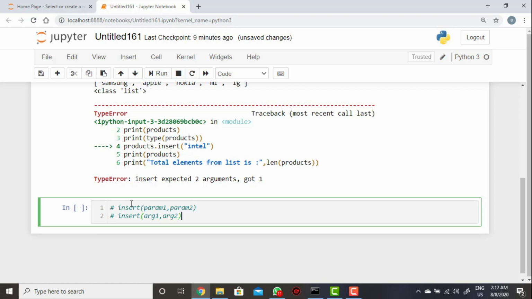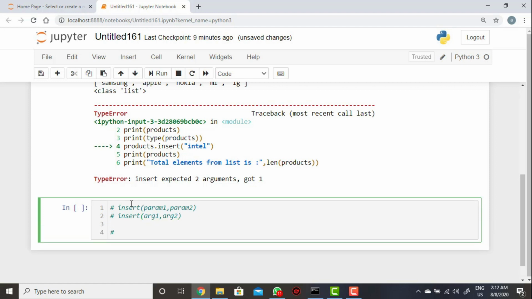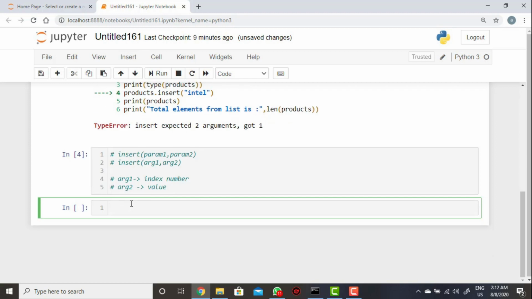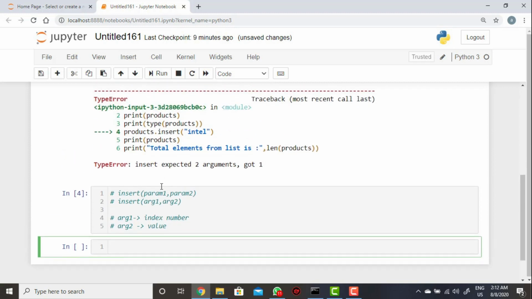The first argument will be the index number, and then arg2 will be the value. So we need to specify both if we want to insert.